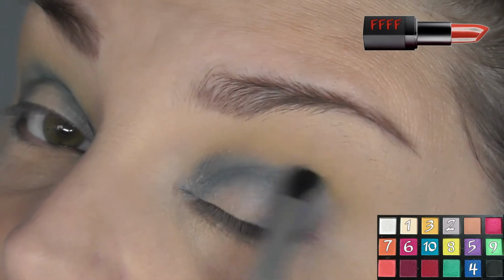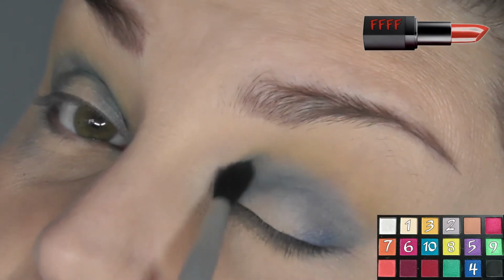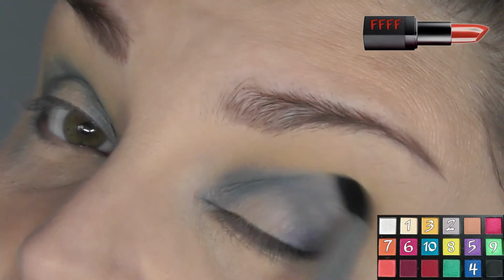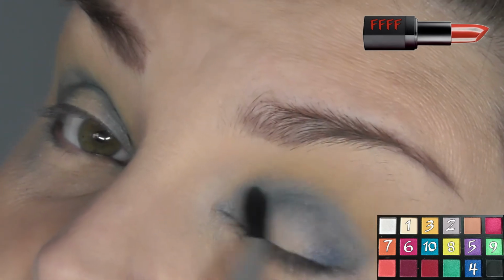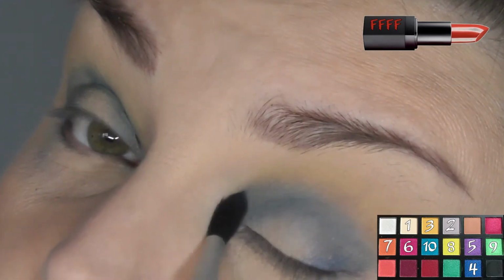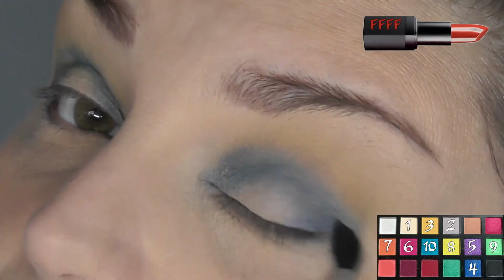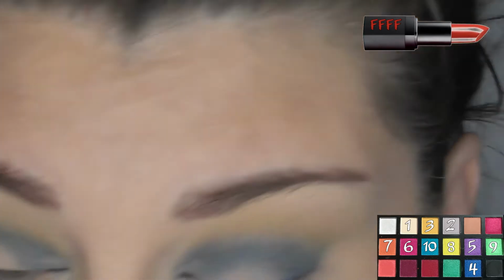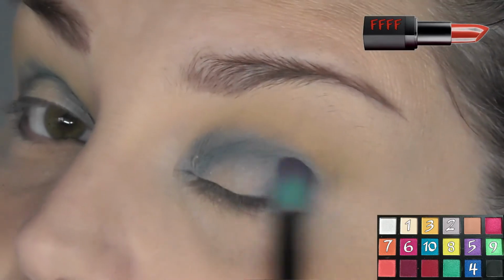This eye does actually crease more than the other eye does because it got pulled around a lot as a kid at the ophthalmic hospital when they were trying to rectify my sight. So this one always creases more. So go back to my big fluffy brush again and just